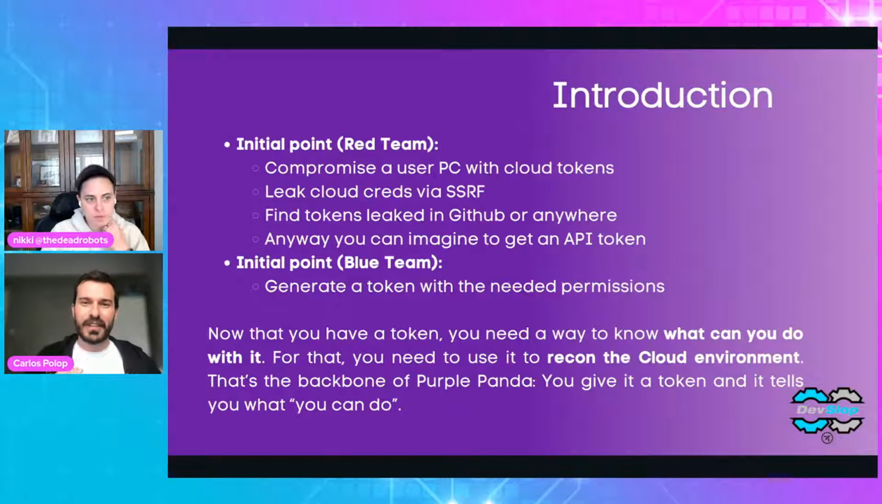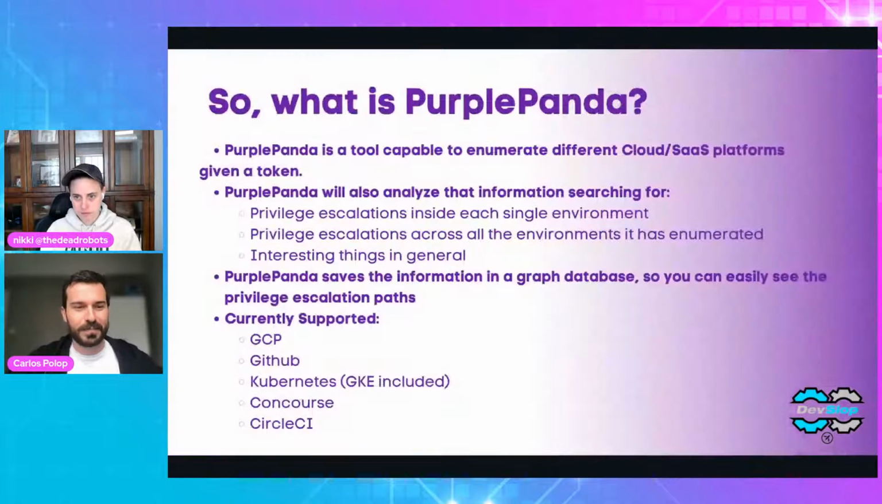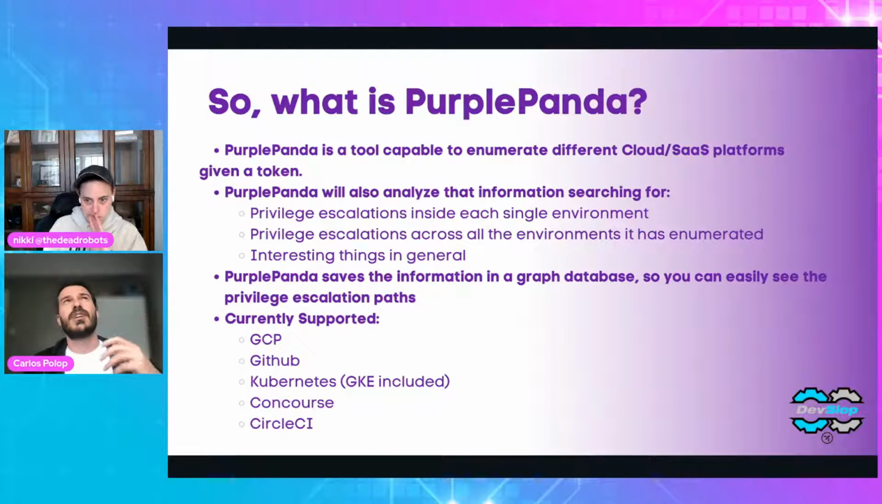So this is what PurplePanda is going to do. It is going to take these tokens you have already found, enumerate the API server, try to get all the information you can get with those credentials, and print it to you in a nice graph database. The resources already supported in PurplePanda are Google Cloud Platform, GitHub, Kubernetes including GKE, Concourse, and CircleCI. But ideally, the idea is to support many more clouds and SaaS applications,